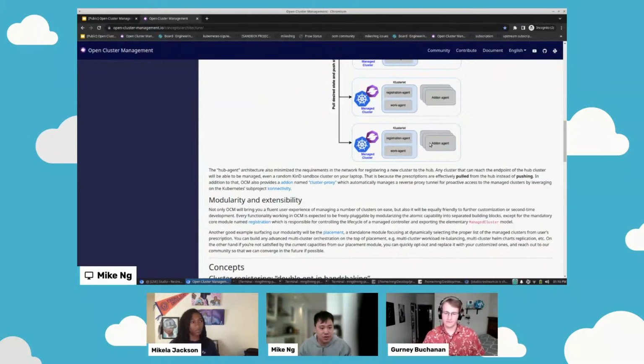And that is one of the benefits of Open Cluster Management. It's really modular and extendable. So we provide a foundation where you can build your multi-cluster solution on top, and you can pick and choose the solution that you want.